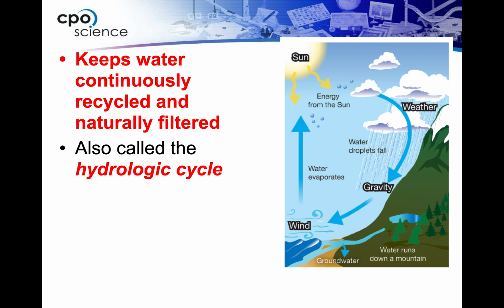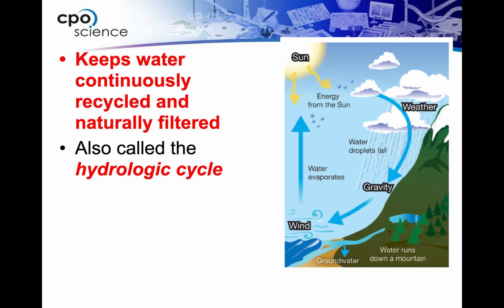There's a lot of factors that play into the water cycle. You can see them on this slide here. Probably the biggest one is in the upper left-hand corner, and that is the sun. When you think about the energy source behind this cycle, what keeps it moving, it's going to be the sun. So the sun emits a lot of energy to Earth, and then that energy is going to help drive the water cycle.